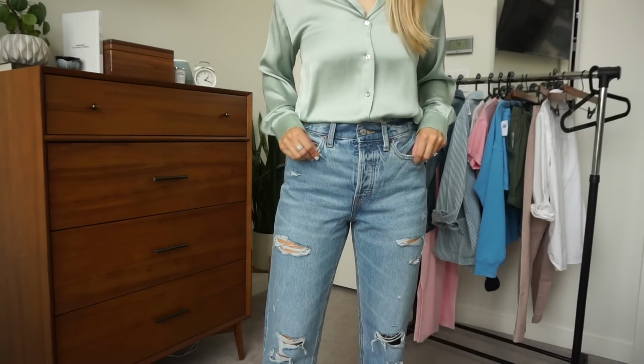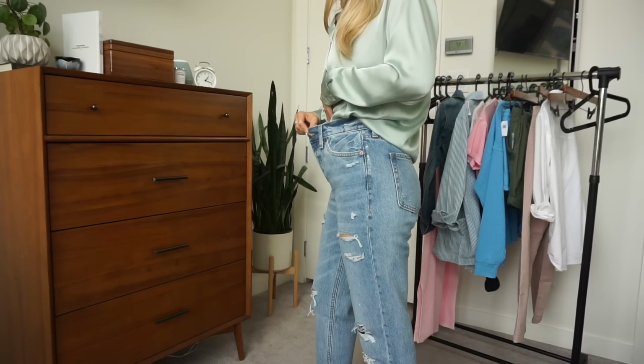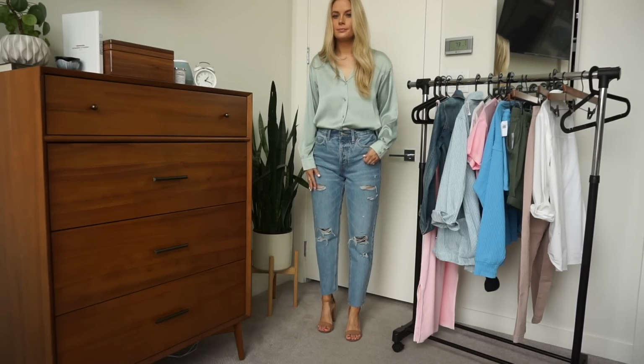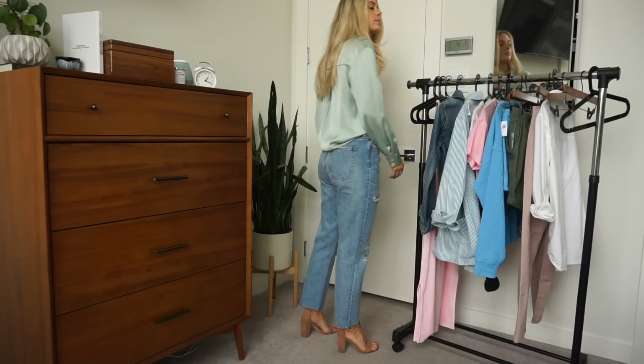best jeans ever. Okay, so these remind me, hear me out, of my Everlane cheeky jeans that I show in a lot of my try-on hauls, but they no longer make them, which is why I hate showing them. The reason why I love them so much is, besides the fact that these are too big, keep in mind, they're too big, these are the ultra high rise, sky high straight, slim, secret slim pockets, which somebody told me last time is just supposed to hide the mommy pouch. I don't know. Nonetheless,